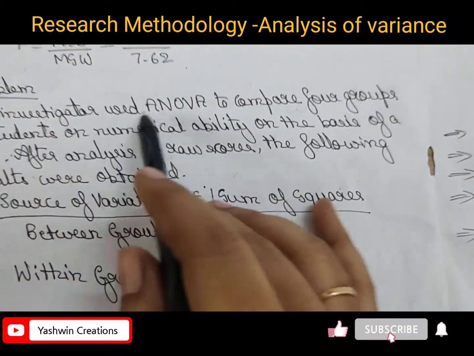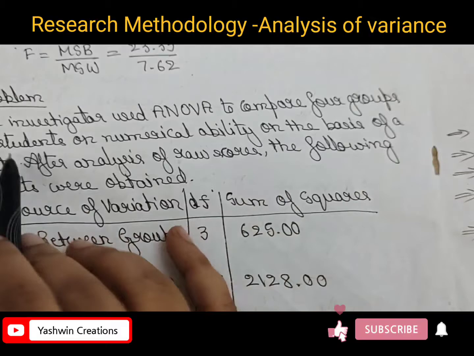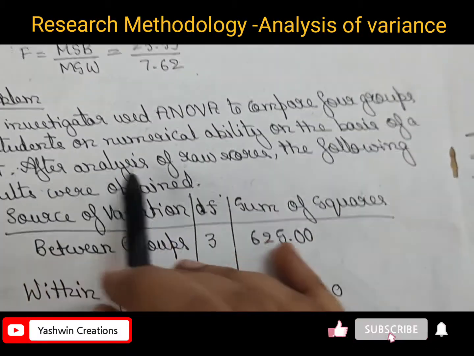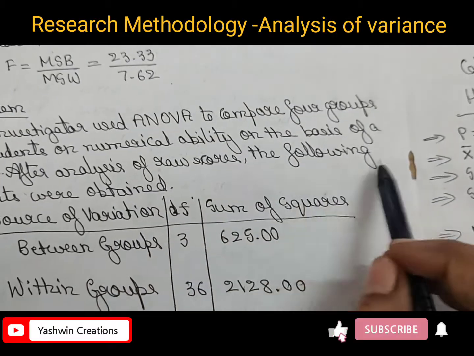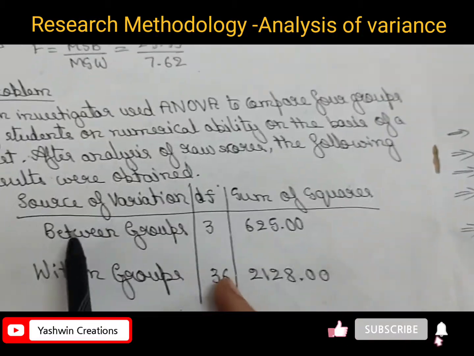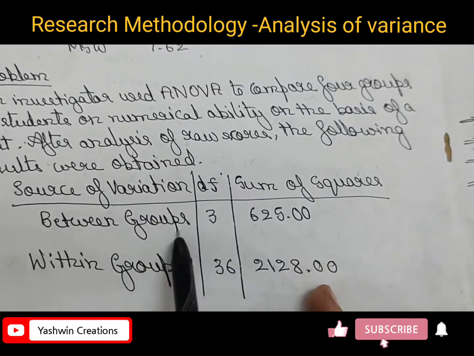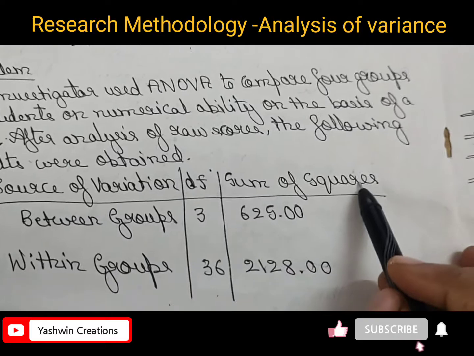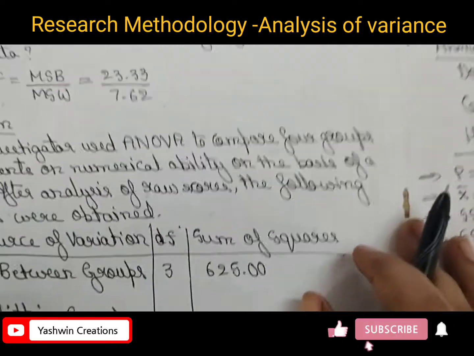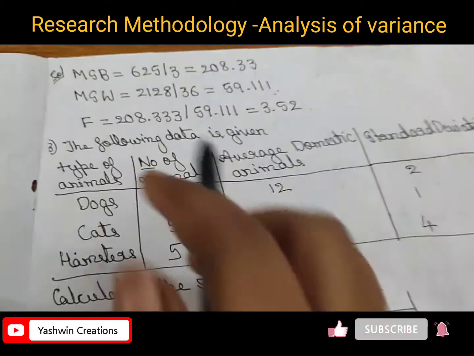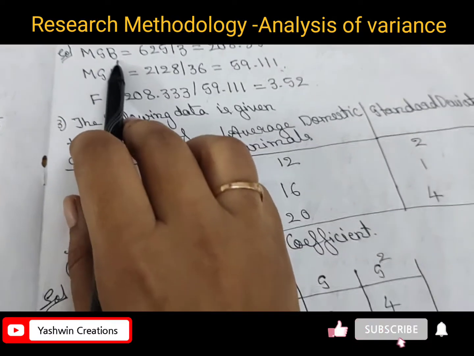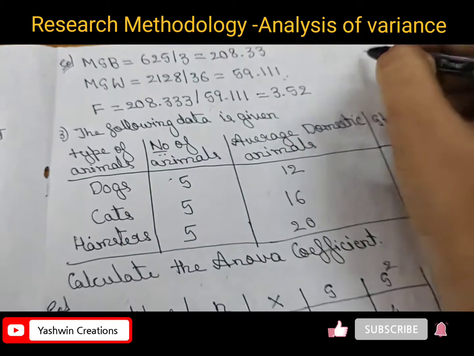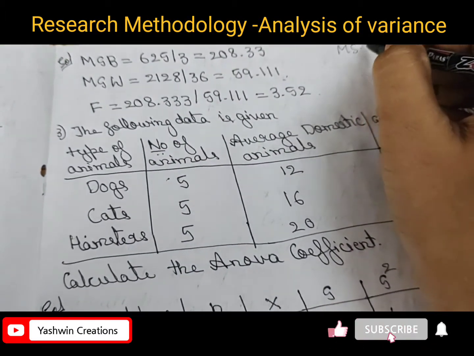An investigator used ANOVA to compare 4 groups of students on numerical ability on the basis of a test. After analysis of the raw scores, the following results were obtained. They have given the source of variation, between groups and within groups, the DF value, and the sum of squares value. They have not given the mean sum of squares. MSB is the sum of squares divided by DF. Here MSB equals